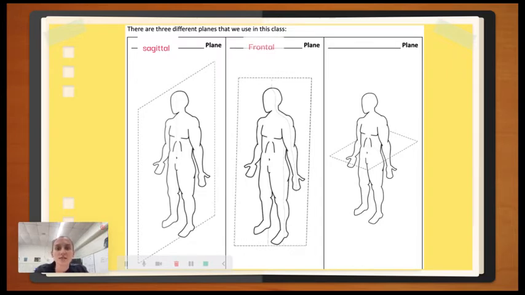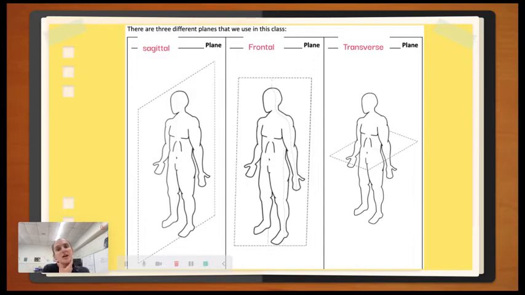The next one is the frontal plane. Remember, I just mentioned the frontal cut. That is dividing your body or your organ or your organism or whatever you're cutting into 2 sections, anterior and posterior. So front and back, you're cutting it up and down. And then the last one is transverse. There you're cutting your organism into superior and inferior parts. So top and bottom, you're cutting it in half that way.